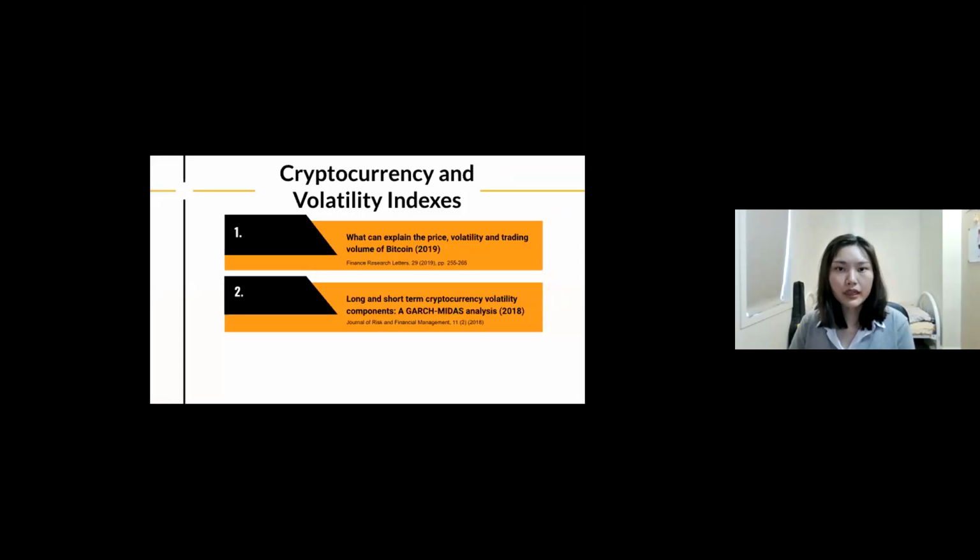While the first paper on these slides from 2019 suggests that many variables, including VIX, might not predict Bitcoin returns, the second paper from 2018 shows an opposite conclusion where the S&P 500 realized volatility does have a negative effect on Bitcoin. It is thus up to us to further investigate the effect of VIX on cryptocurrency price prediction.